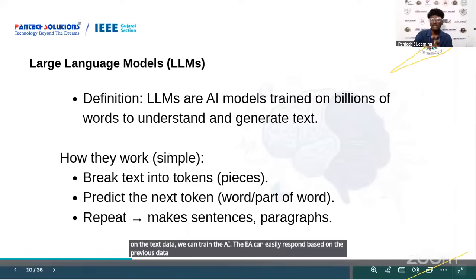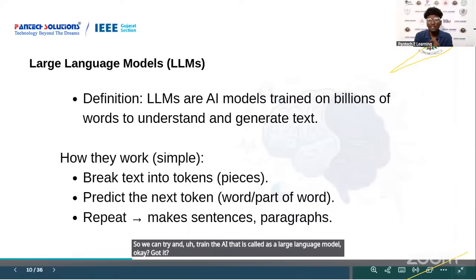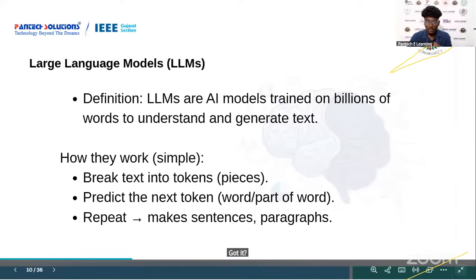That is called a large language model, trained on a large set of language. Okay, got it? So LLM means ChatGPT, Claude, Meta AI, Gemini. So now you got it. What is LLM? Large language model.